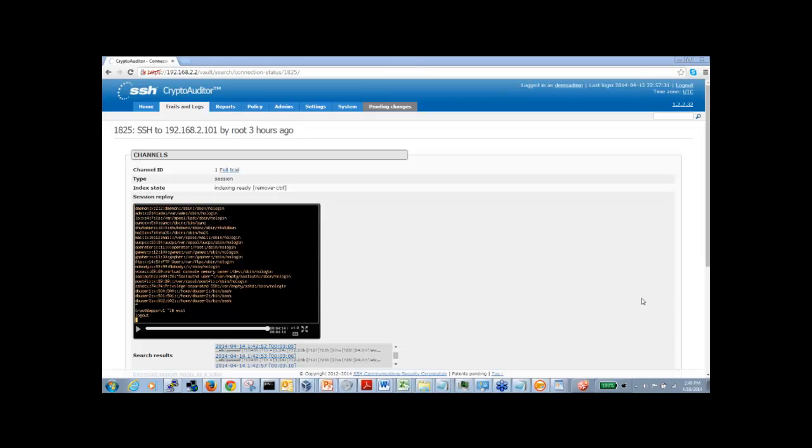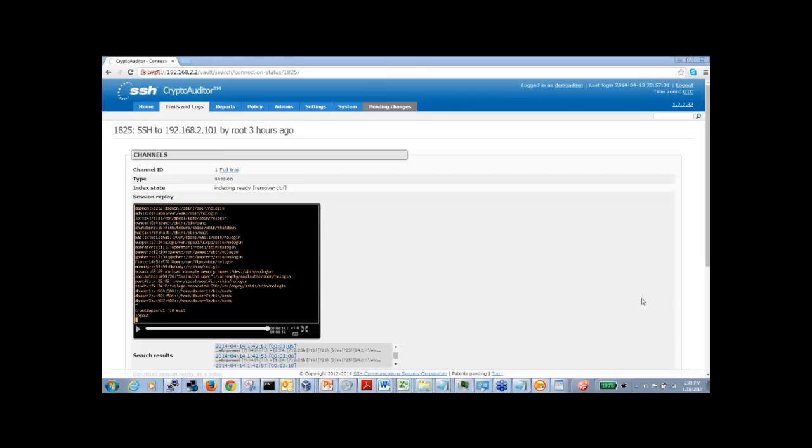So privileged access is definitely a hot item, and of course SSH is encrypted and uses keys.